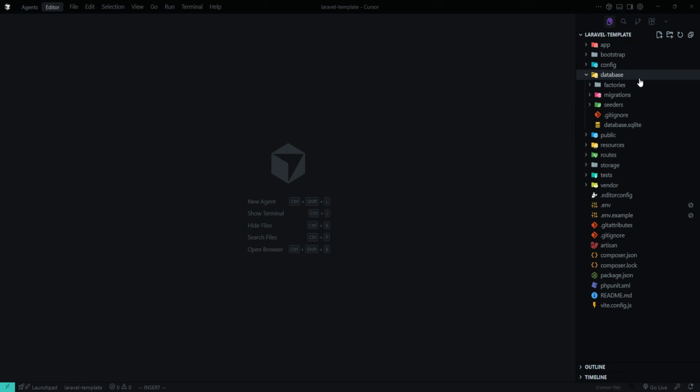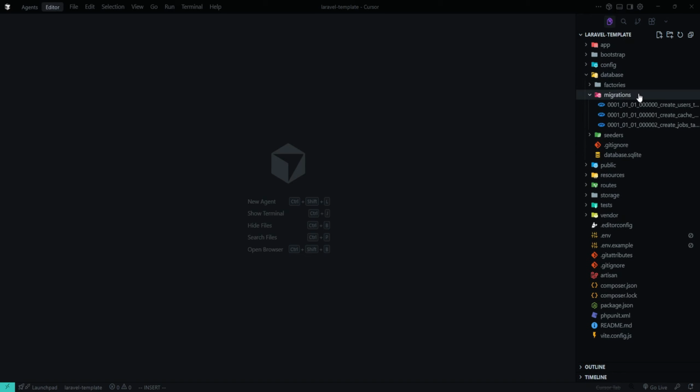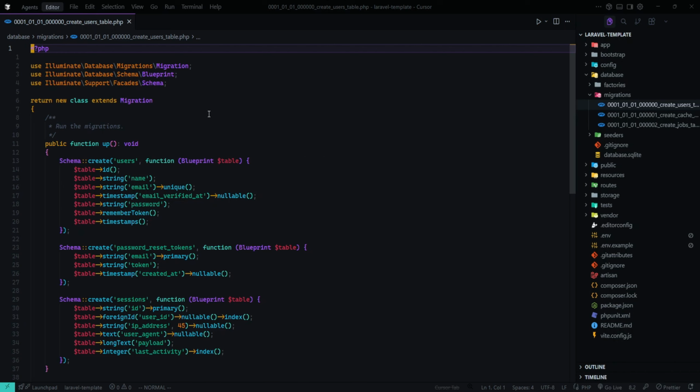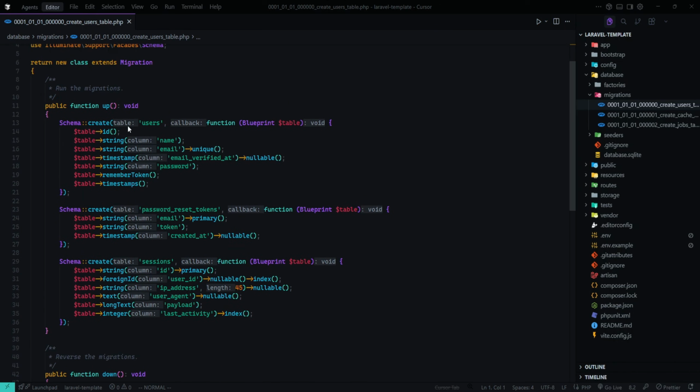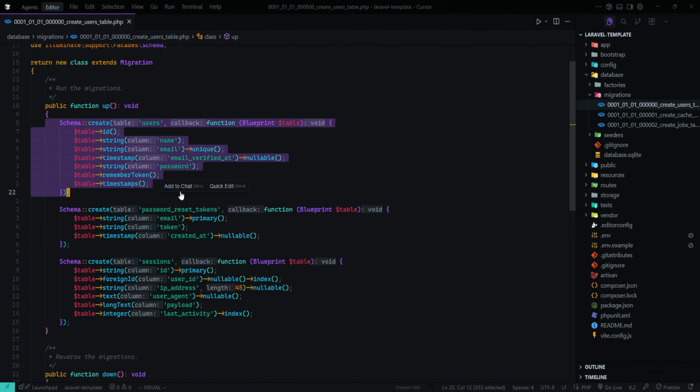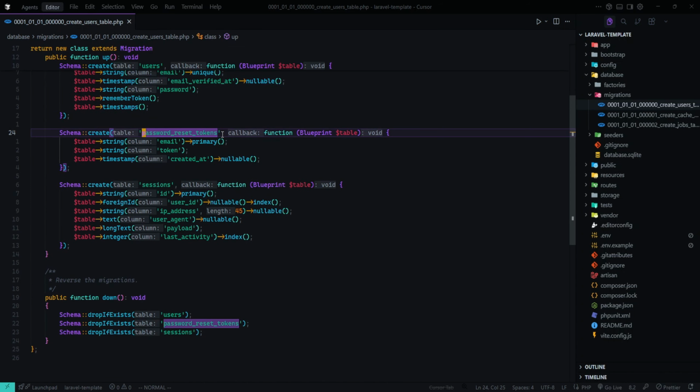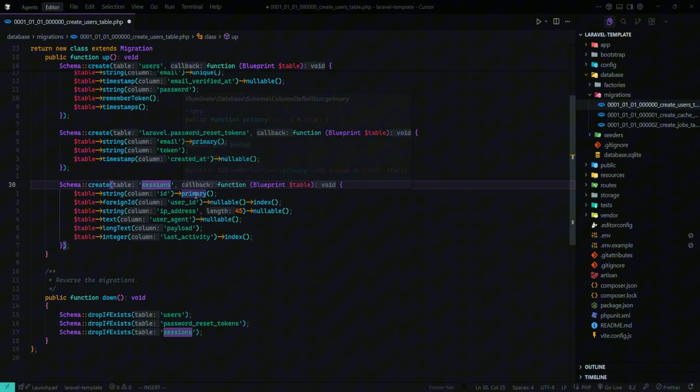Then after making sure that those configurations are set up, we can now continue. Right now we go to the database directory, then to our migrations. So we're going to update our migrations. By default, you don't need to update your users table if you want it to be in the public schema. By default, when you create a new model, it's going to go in your public schema. But those that you'd want to go to the Laravel schema, like tokens, sessions, all of them have to be